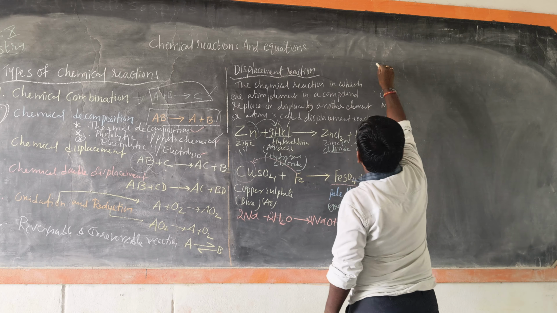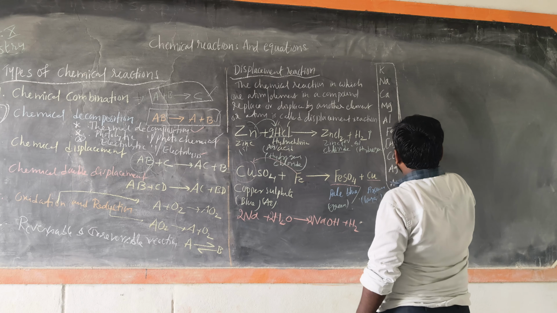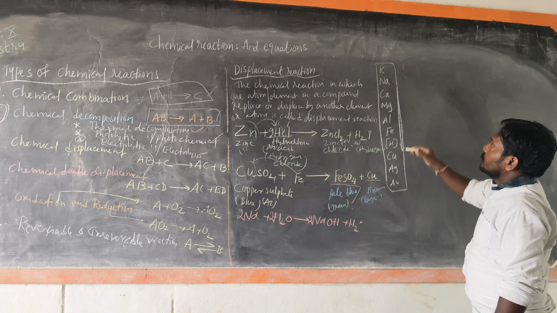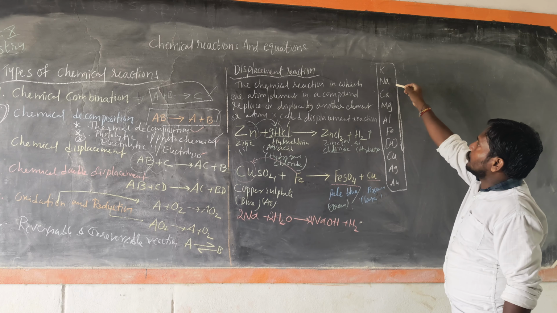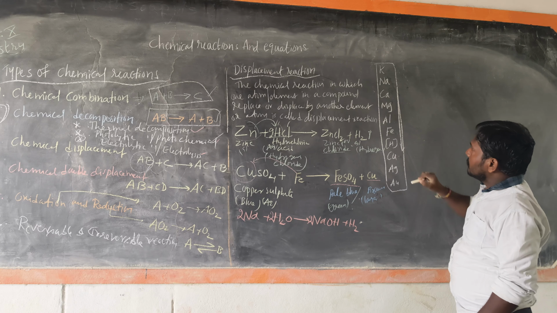Right. So these are in decreasing order of reactivity. So potassium is more reactive than sodium, calcium, magnesium, aluminium, iron, copper,